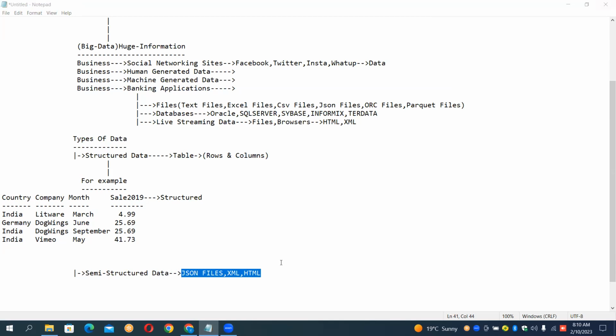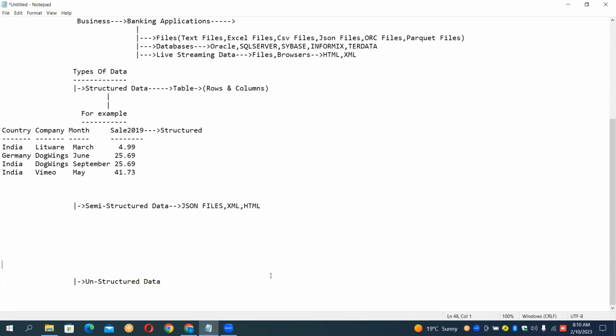Now, when we talk about the JSON file, JSON stands for JavaScript Object Notation. The JavaScript Object Notation file is called a JSON file. So when we talk about the JSON file,